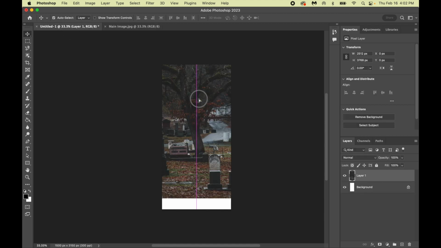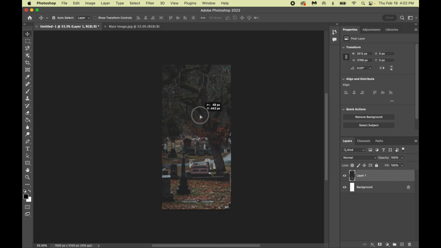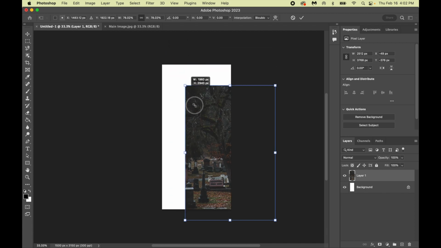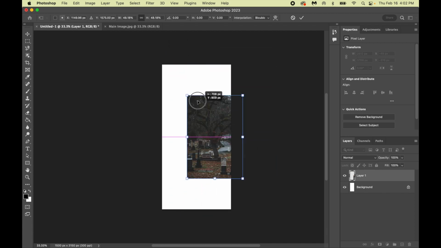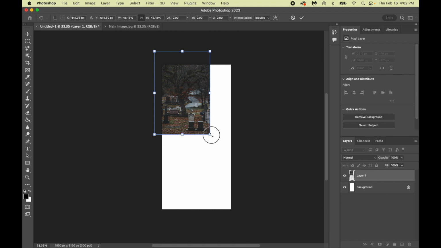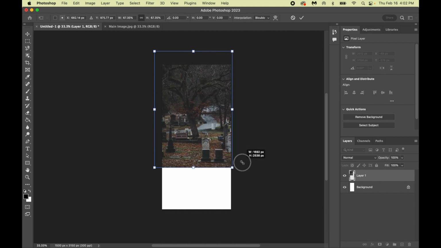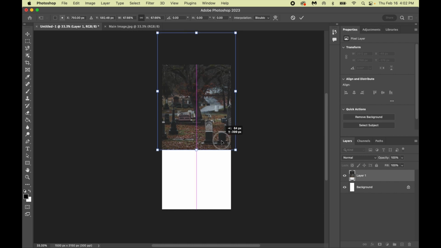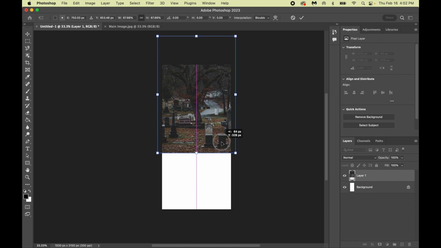Now this is way too big, so we need to transform this one. So Windows T, and then I like to make sure that it's locked up here. And I am going to drag it smaller. That is probably too small. And I'm going to go a little bit bigger. Now, about halfway, I want it to be centered. And then I think I'm going to go right about,